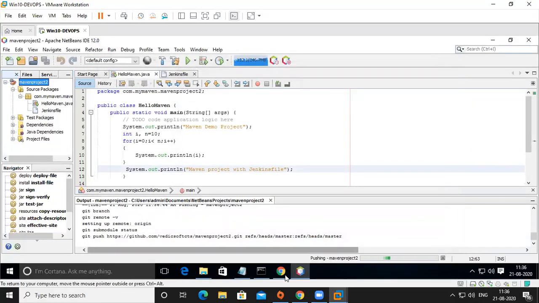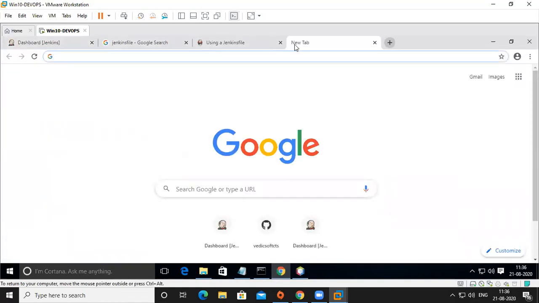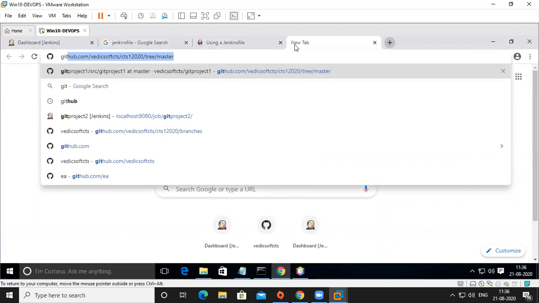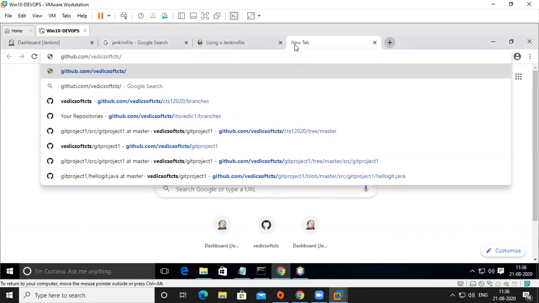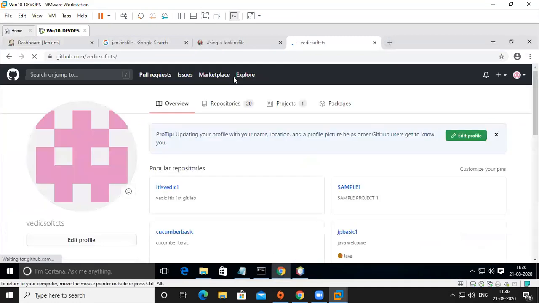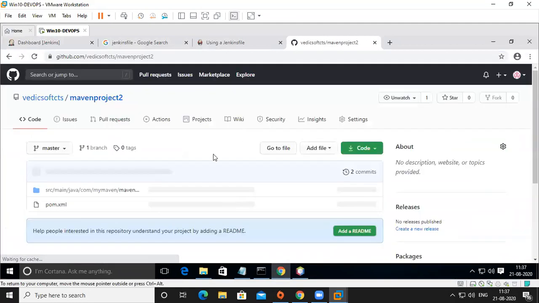Now it is pushing. Meanwhile, I will check whether it is working or not. So GitHub. So this is our Maven, right?